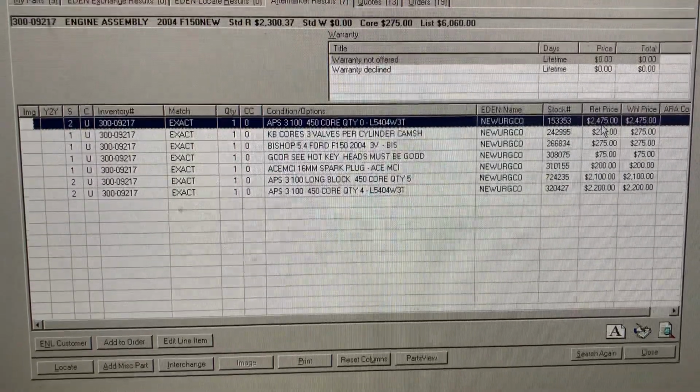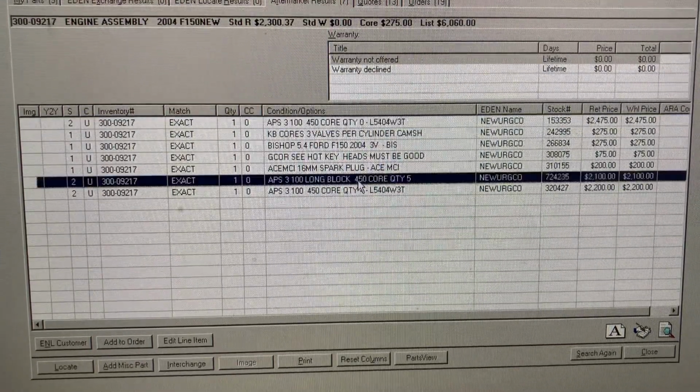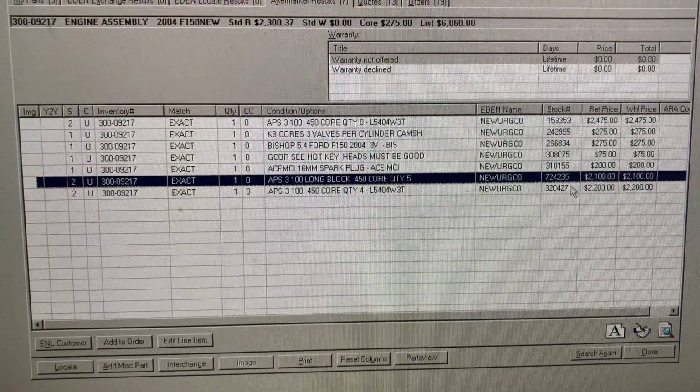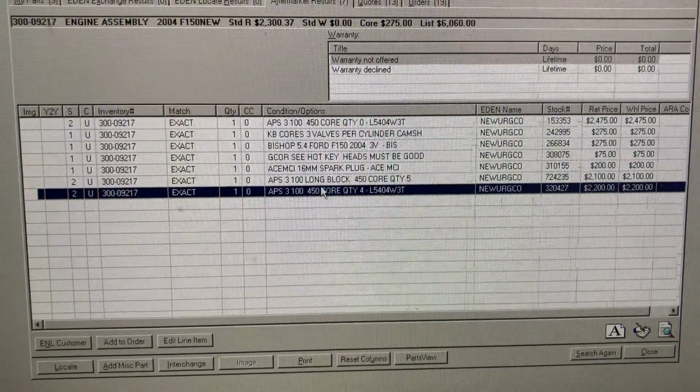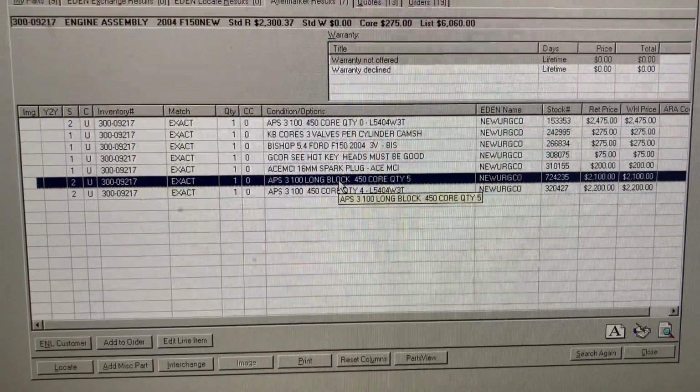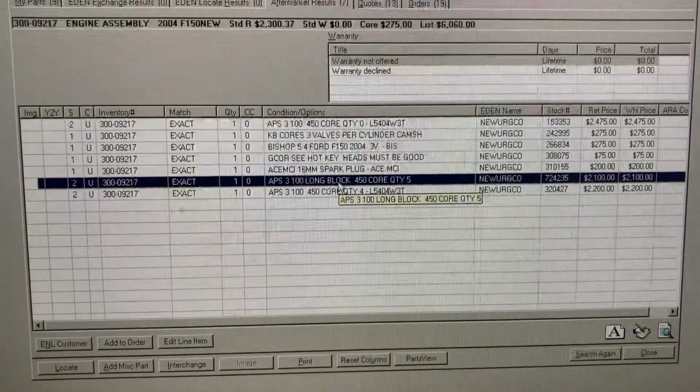You see that says quantity 0, but if you keep looking down, you'll see they have some other opportunities for you to make a sale here at 2100 and 2200. There's going to be some differences. This one specifies long block. So this would be something, if you're not sure, that I would get